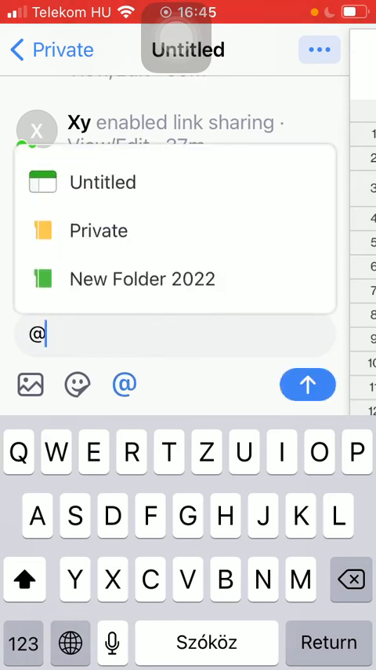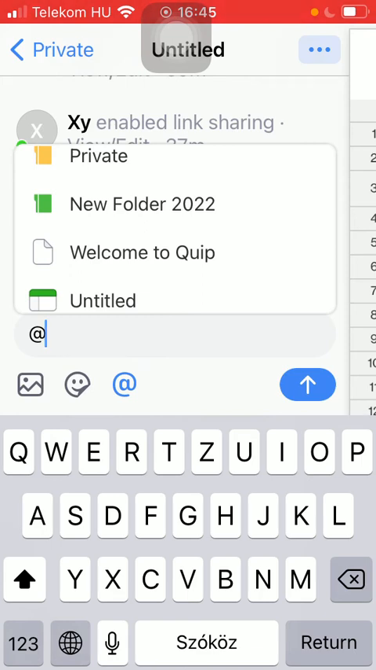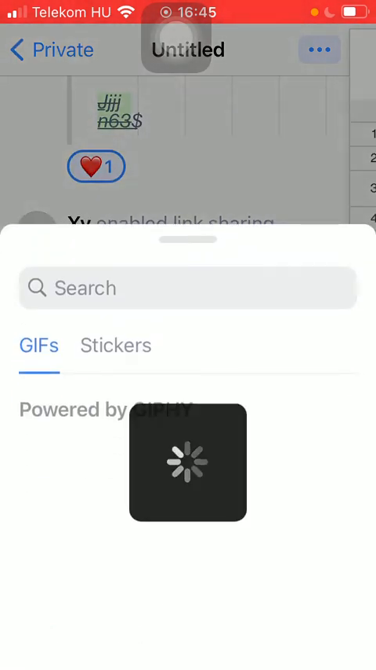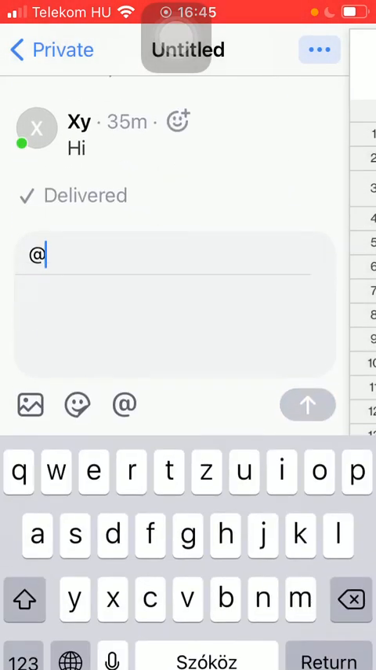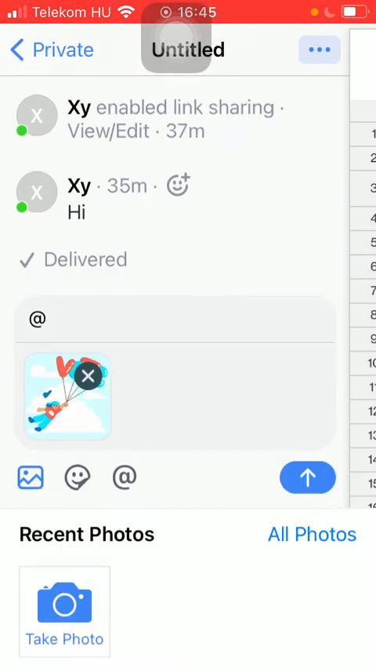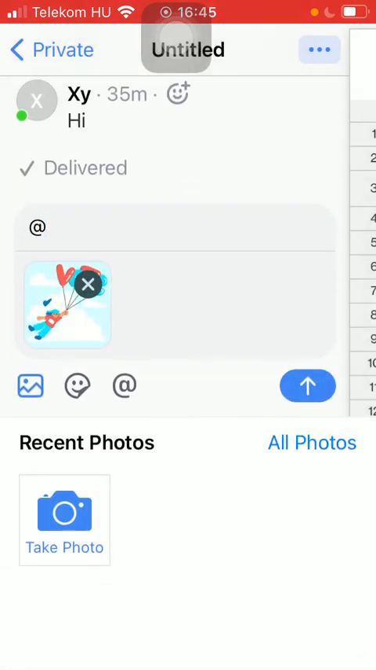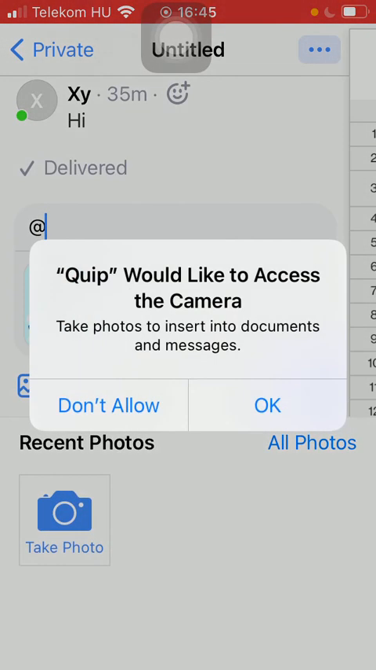You can also insert folders, documents, spreadsheets. You can insert GIFs and stickers. You can also add pictures, but first you need to allow the application to have access to your photo library, to your gallery, so you will be able to send your pictures,